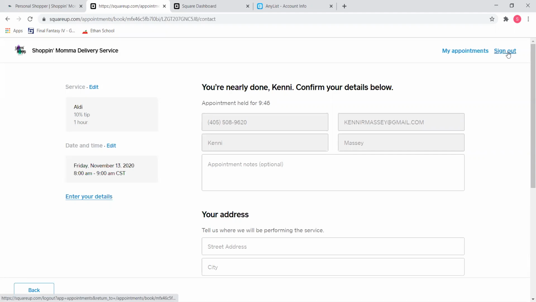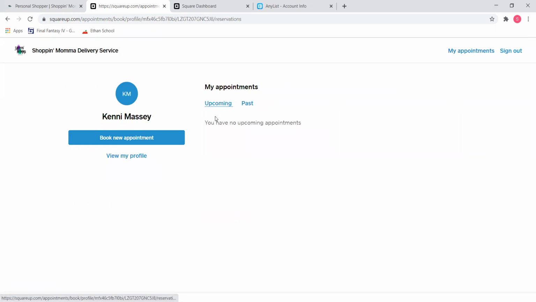Up here in the corner, it'll say sign in. They click on that, put in their phone number, and get a text message with a code. They put in that code, they're automatically signed in, always, until they sign out. Once they sign in, they can go into My Appointments or My Profile,